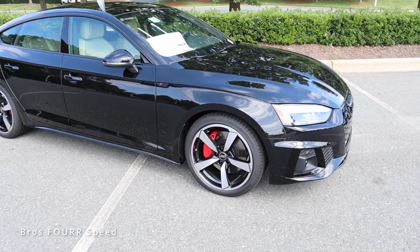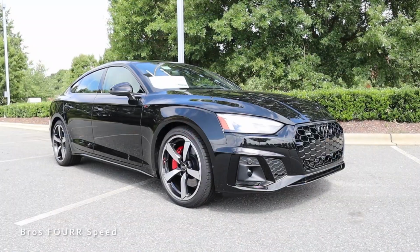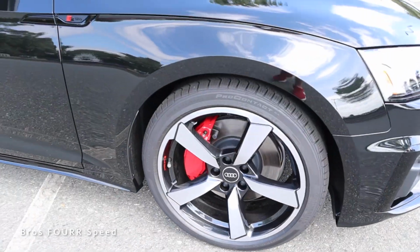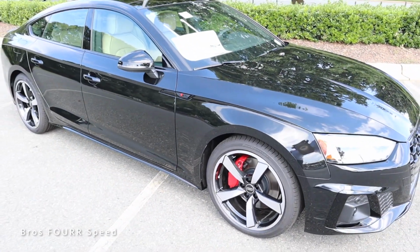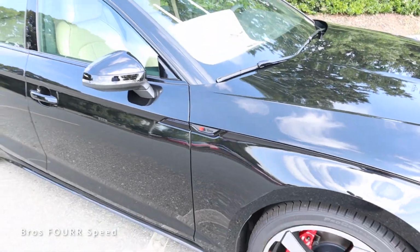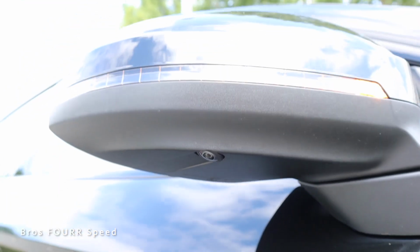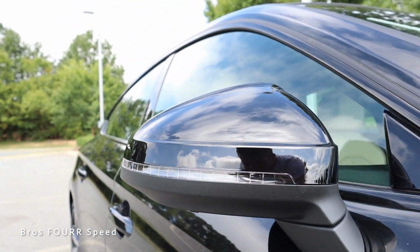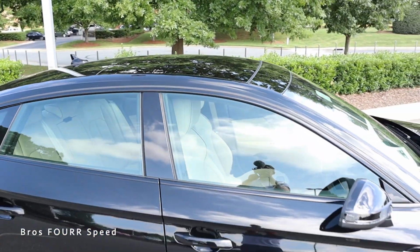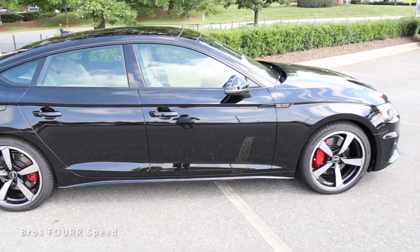Now as we move on to the side, this has a set of 19-inch wheels with the 5-spoke design. There's a two-tone finish. The brake calipers are finished off in red, which is a great contrast. It matches the red accent with the S-Line trim badge just behind that tire. Now this has body colored side mirrors with the camera and the integrated turn signal, and it even has a sunroof up top. All of the window trim is blacked out, a part of that package like I mentioned earlier,